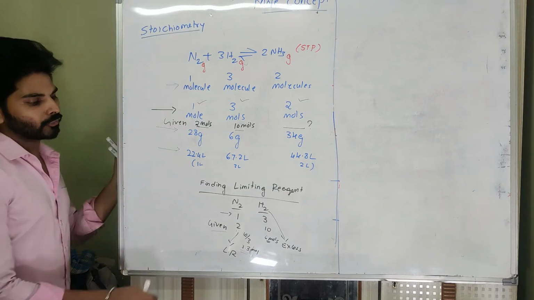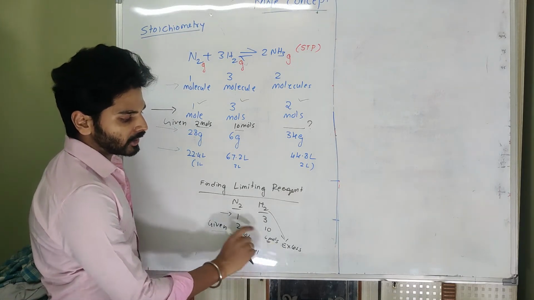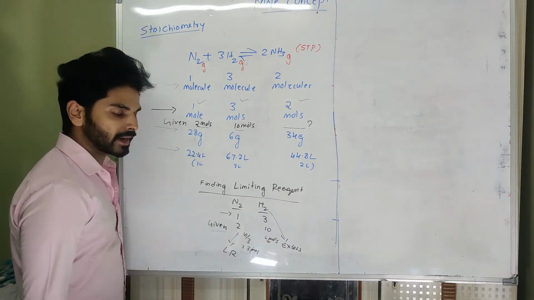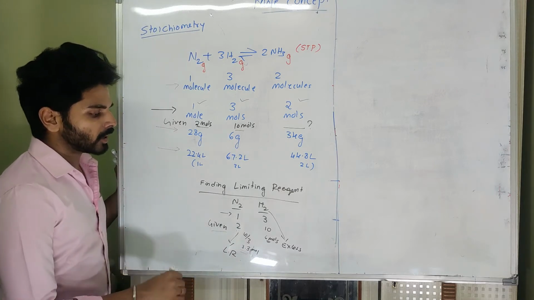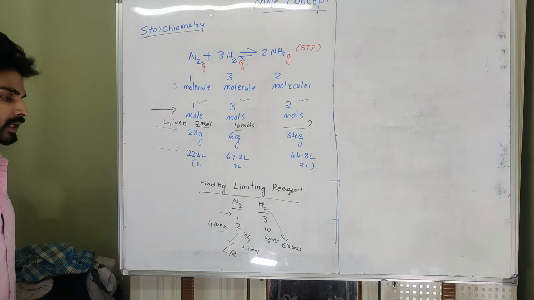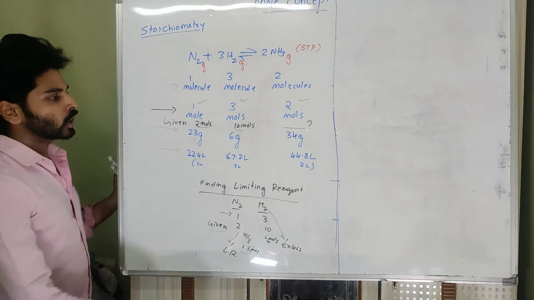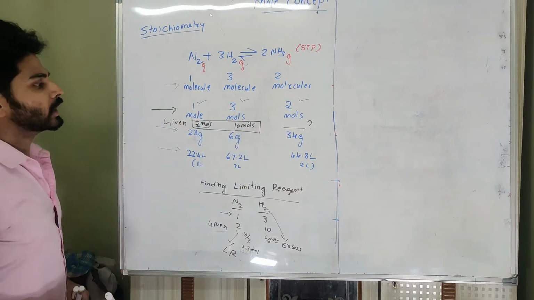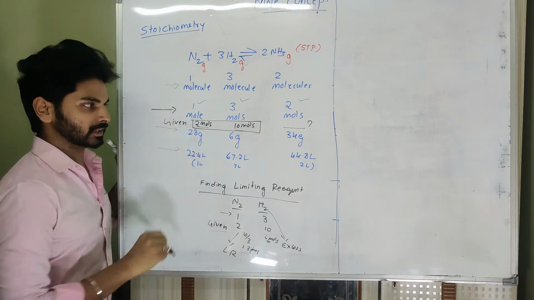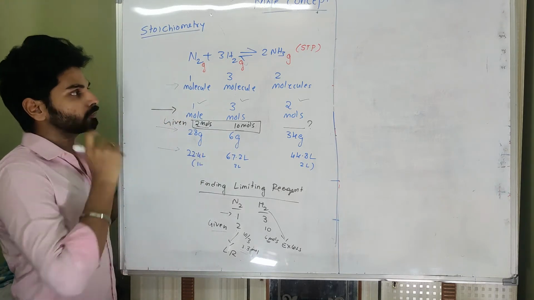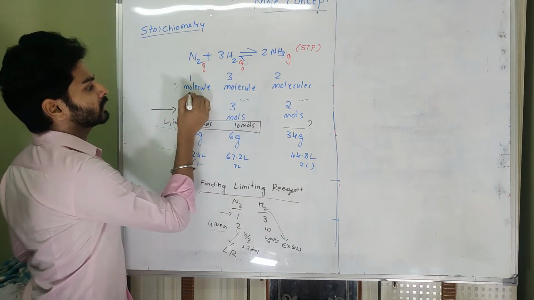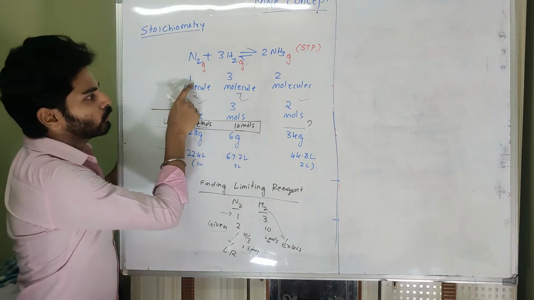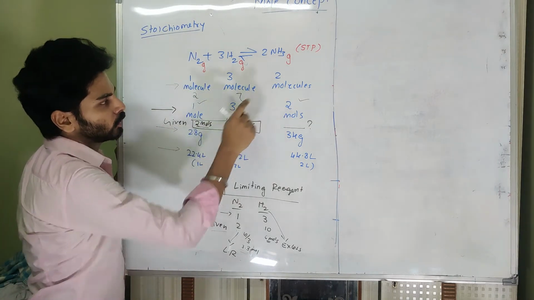So remember, if you come to know that one of the reactants is in excess, then the other one will definitely be the limiting reagent. So here you have to logically calculate which is the limiting reagent. Now why is this limiting reagent needed? Since the reactants are given in random amounts, we have to check which of the reactants gets completed first. Let us see in terms of molecules: let us say this is given as 2 and this is, let us say, 7 molecules. So one molecule will take 3 molecules of this and it will give us 2 molecules of ammonia.